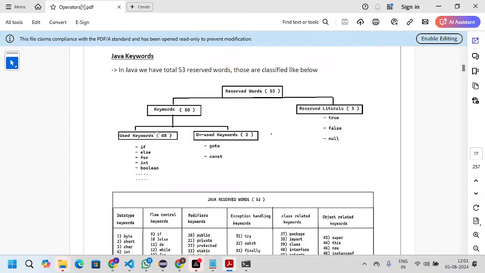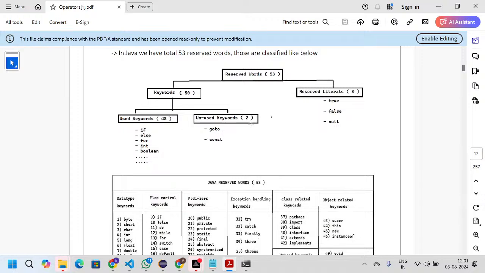Again, the keywords are divided into used and unused. Used means regularly we will use. We have 48 keywords, and these two we do not use in any program. Why? Because if you use these two keywords, we get a lot of issues actually. So that's why we won't use these two in any program.